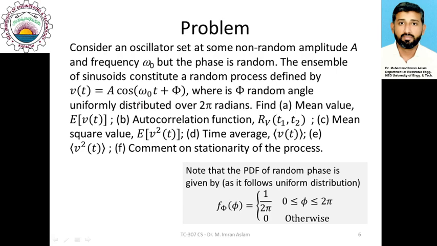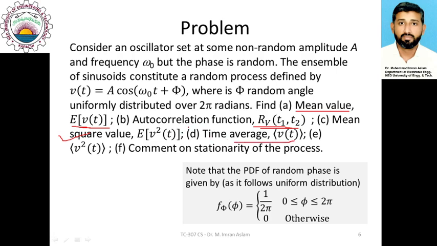Okay, so now that we know that phi is a random angle in this situation, which has a uniform distribution, using this information we want to find the mean value of the process, which is the expected value of V(t). We want to find the autocorrelation function defined by Rv(t1, t2). We will find the mean square value, the expected value of V squared(t). We will find the